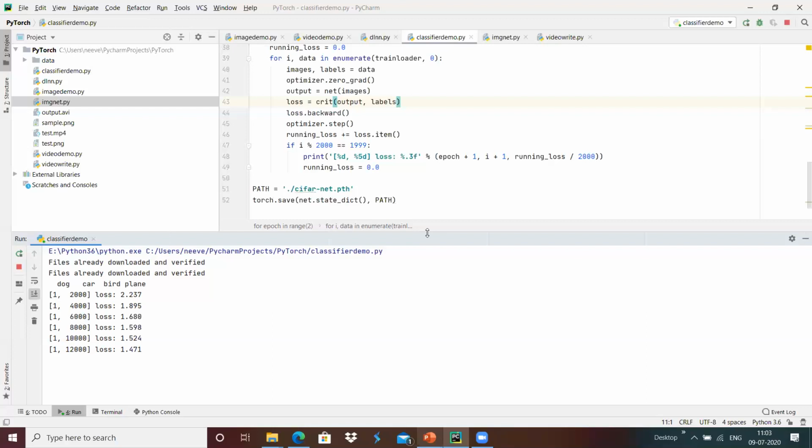The loss has been reduced in the second iteration. The first 2000 images have been loaded, and the loss is 1.3 over here.